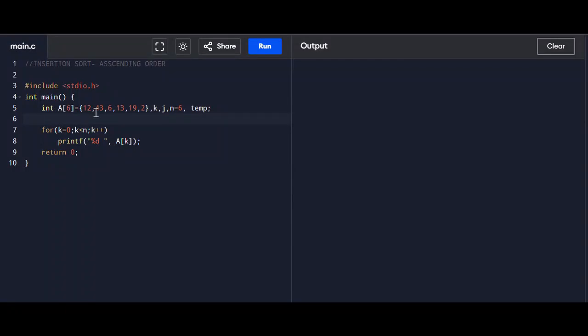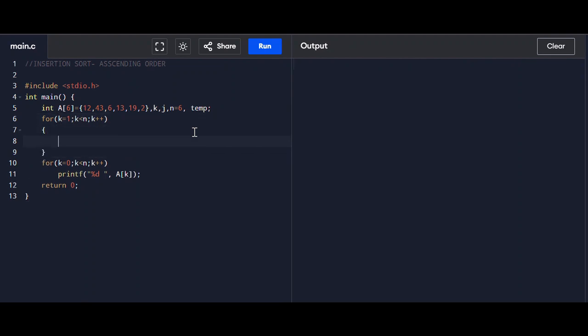So now let's look at the code implementation for insertion sort. I have this array statically initialized. I declared the other required variables. Now the outer loop, I told you, has to start from subscript 1 and it will traverse until the rest of the array. And within the outer loop, what am I to do first? Initially, every kth element has to be stored in the variable temp, because it's this temp that I'm going to compare with all the elements in the left direction until the beginning of the array. So my inner loop will start every time j will start from one subscript previous to what my k is